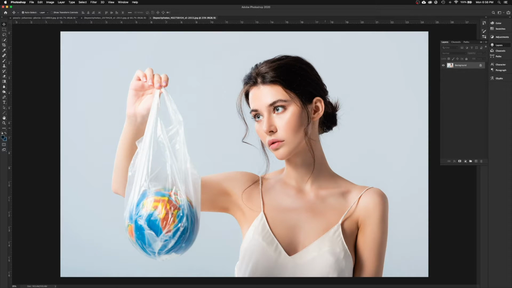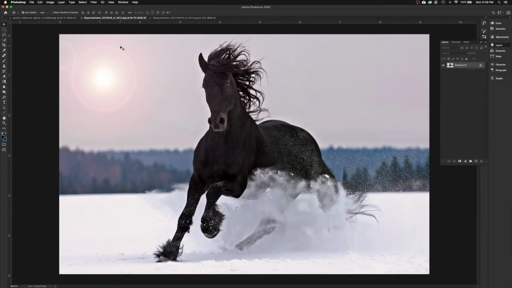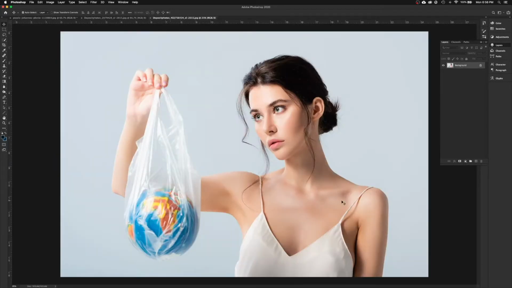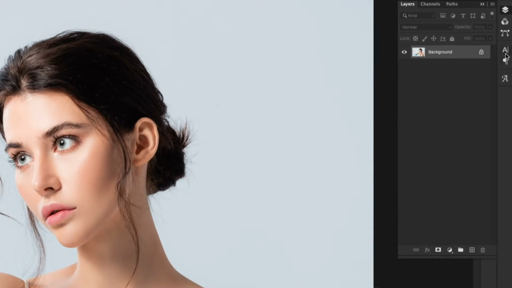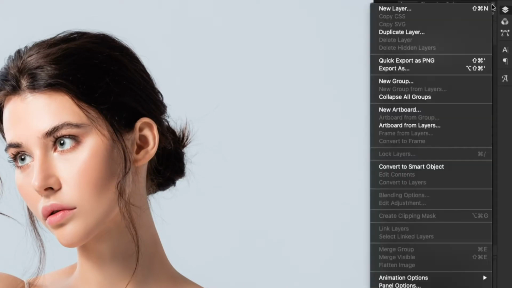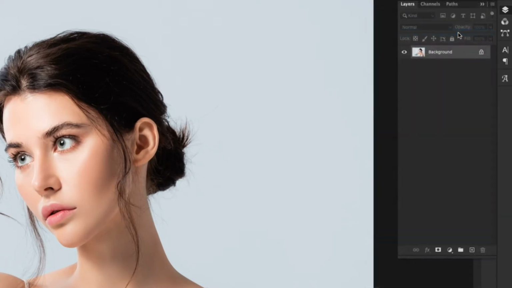So I have two images here, this one of this young lady and then this one of this horse with its mane blowing in the wind. So I'm going to start with the young lady, and I'm going to start by coming over into my layers panel, and I'm going to go up into this pull down menu, and I'm going to duplicate my layer,